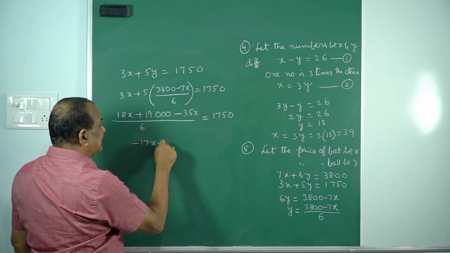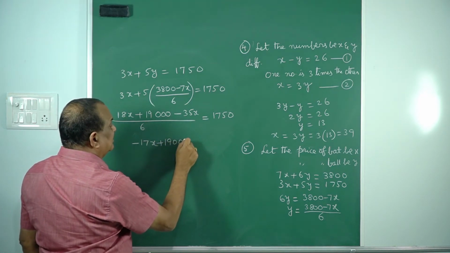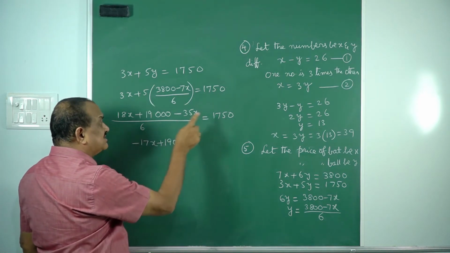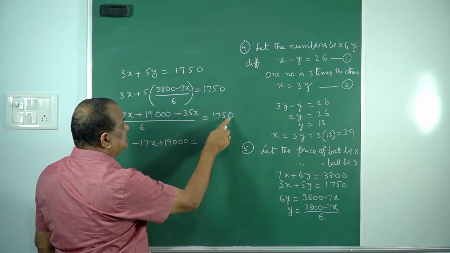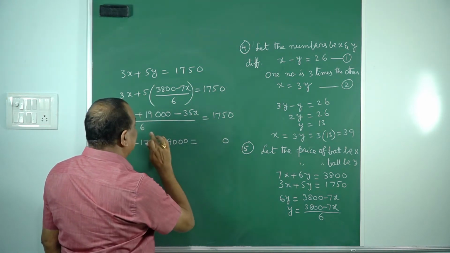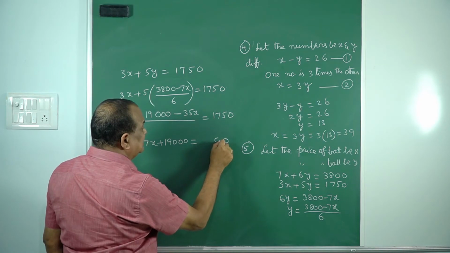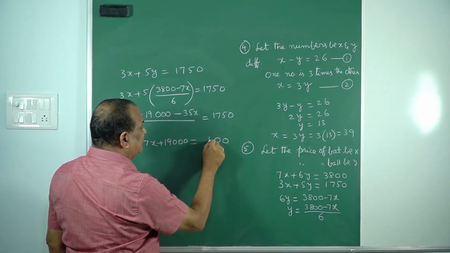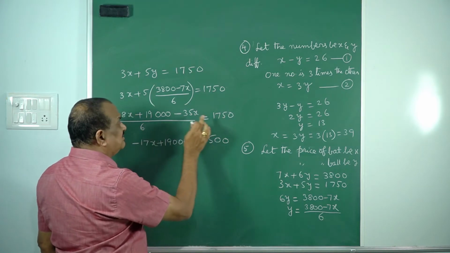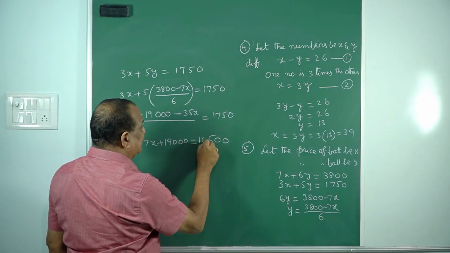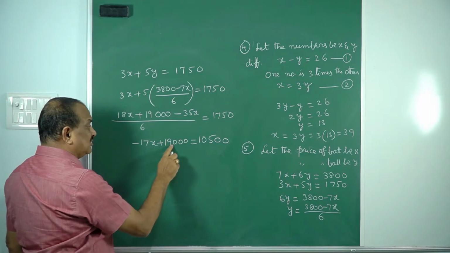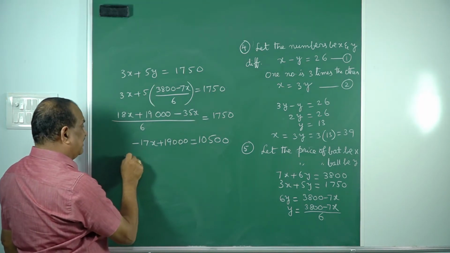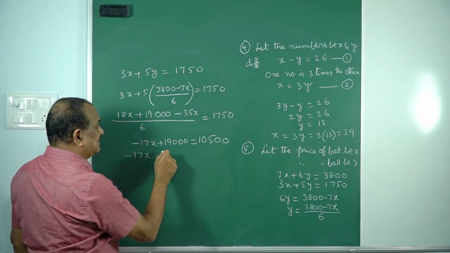Of course you got 19,000 here is equal to 6 times this one. You tell me that 6 times 0, 0. 6 times 5 is 30, 0, 3. 6 times 7, 42 and 3, 45, 5, 4. 6 times 1, 6 and that 4, 10. And now this also goes to that side. Minus 17x is equal to